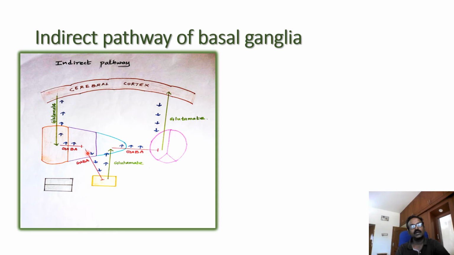This GABA inhibits the production of the GABA in this place. From the subthalamic nucleus to the globus pallidus internus, it produces more glutamate. From the globus pallidus internus to the thalamus through pallidothalamic fibers, it produces more GABA. Finally, it releases less glutamate through the thalamocortical fibers, so it produces a relaxation of the antagonist muscle.